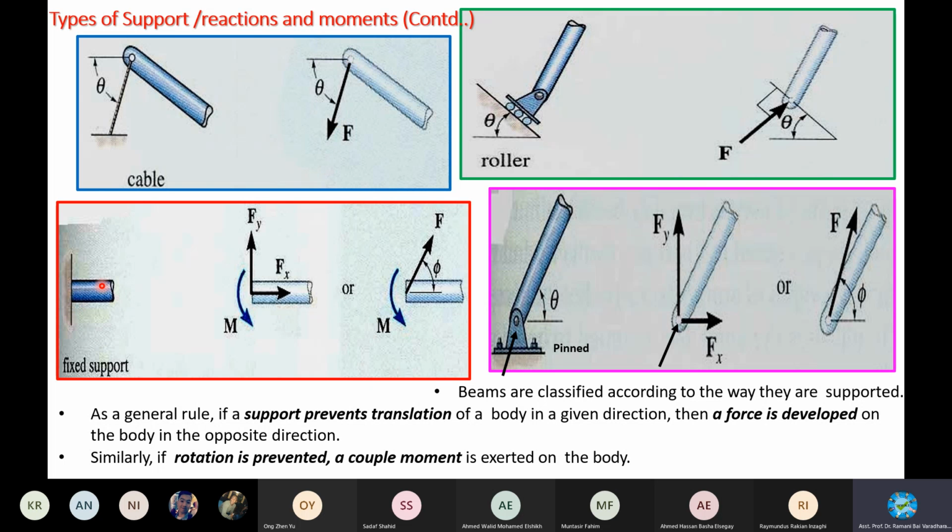And then when you come to fixed support, it is completely arrested. It cannot move this way, this way, this way, or this way. If it is inclined also, it cannot move this way, or this way. So it is completely arrested. Movement or translation of the member, right? The reactive force